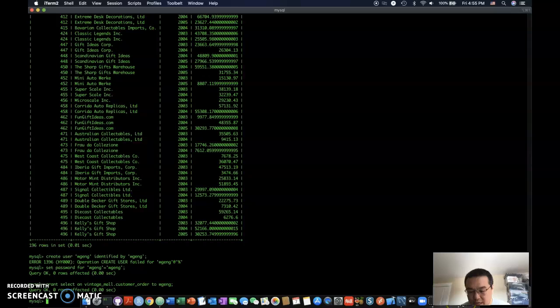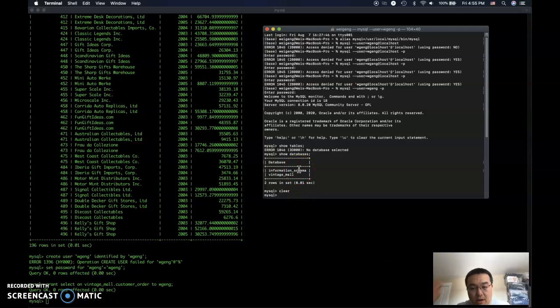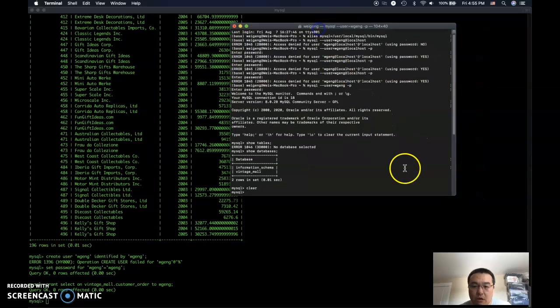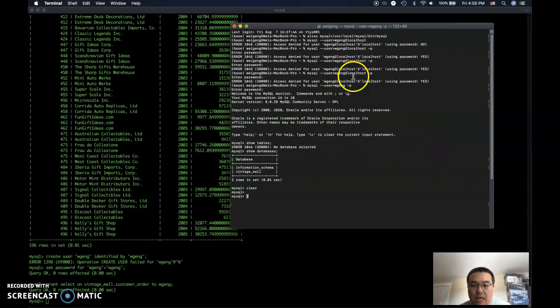From there, on Mac it's a little bit different. I have to open another terminal here. Earlier I was testing it, so let me go through this quickly. I log in as myself, and then I show the databases, and there are only two schemas in there that I can see. So good, because I only granted access to myself to this